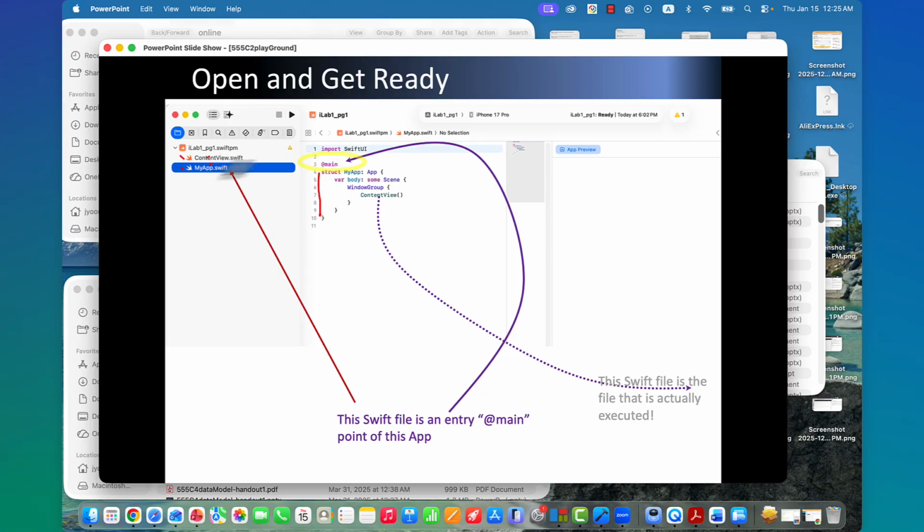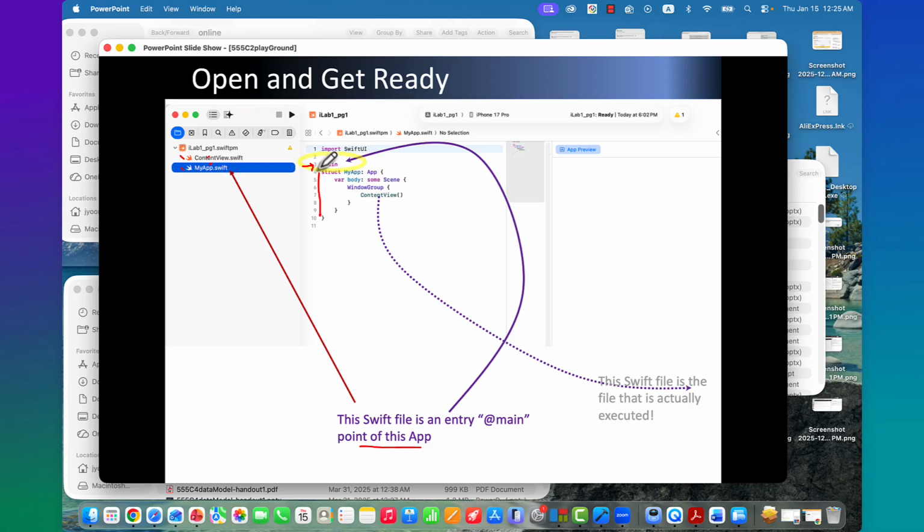So if the file contains @main, this is an indicator. If it is there, then that is the entry point of your application. So when you start your application, it activates this program first, this Swift file.